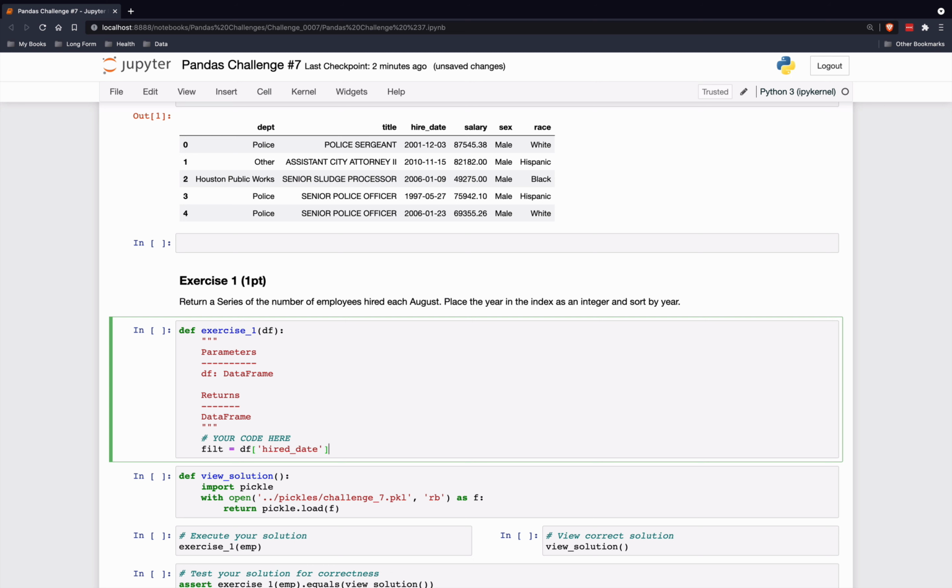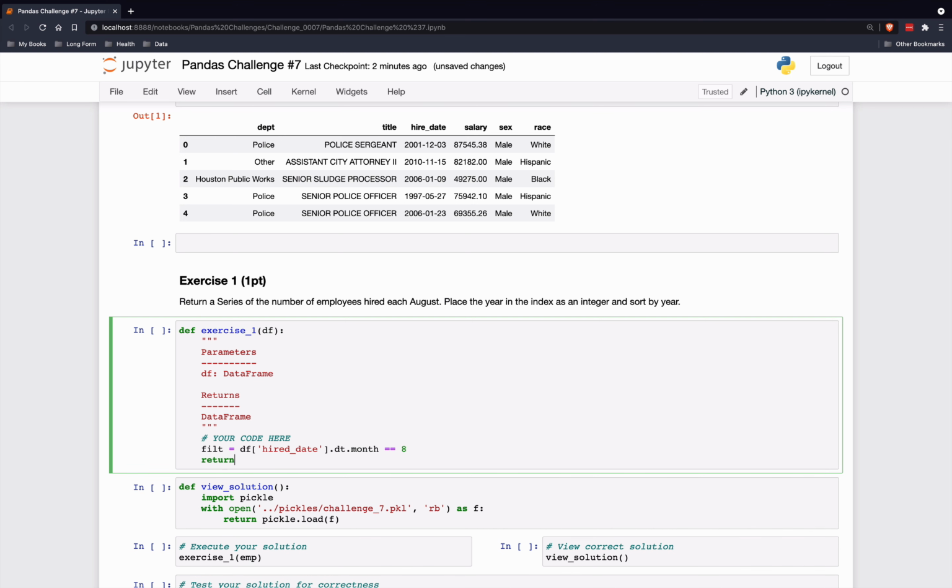So we're gonna get the hire date column. We're gonna use the DT accessor, which gives us all this access to date time specific functionality. So there's a month attribute which will return an integer. So if we test this against the number 8, this should return a Boolean series. And let's just go ahead and return this